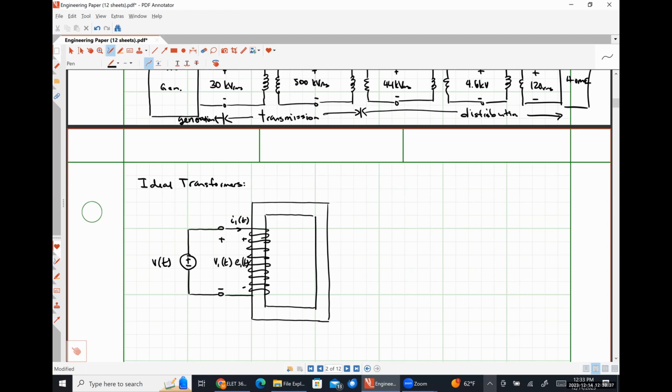The voltage that we have over on the left-hand side, V1, is what we're going to consider to be the terminal voltage of our transformer. The terminal voltages are something that we can measure with an instrument, and the induced EMF, E1 and E2 on the secondary side, are something that happens over the coil that we can't really see,